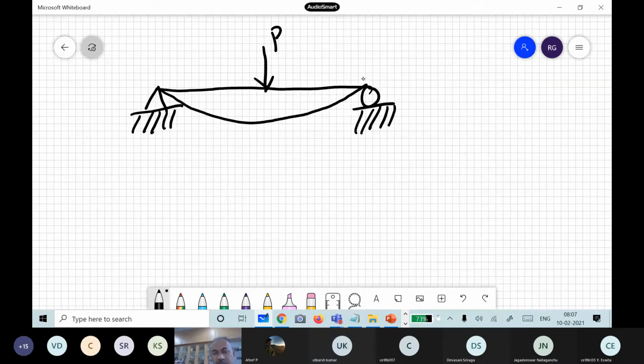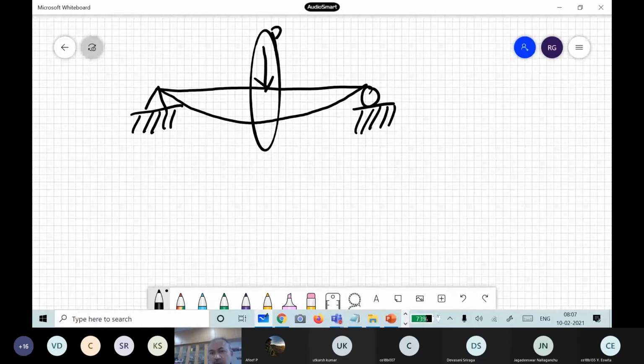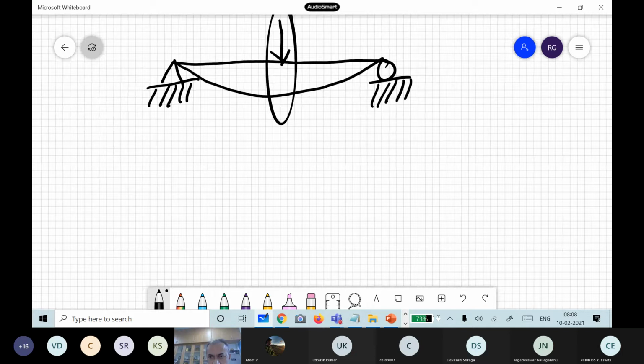The beam starts deflecting like this. So now here the stresses will be maximum. What type of stresses will be there inside the beam? Internal forces. What type of stresses will be there in a beam subjected to a concentrated load? Axial stress or compressive stress, or what type of stresses will be there in beams generally? Bending stress, obviously, right, M by I is equal to E by R.